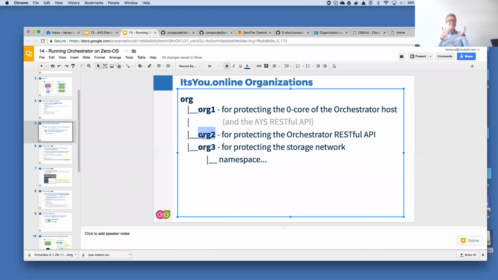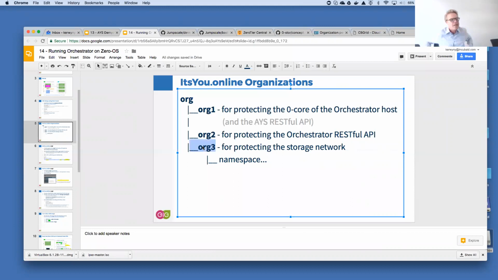Now, you protect interaction with the RESTful API by setting up an organization tool. And you will see later in the slides what you do specifically then at that level to use it. Because when you then call into the RESTful API, you need to send along again a JWT. This time the JWT doesn't need to prove that you are a member of the organization 2 or that you are a member of organization 1. This time it needs to be a JWT that identifies organization 2. And I'll come back on that. It's basically based on an application key that you need to create when we need to do that.